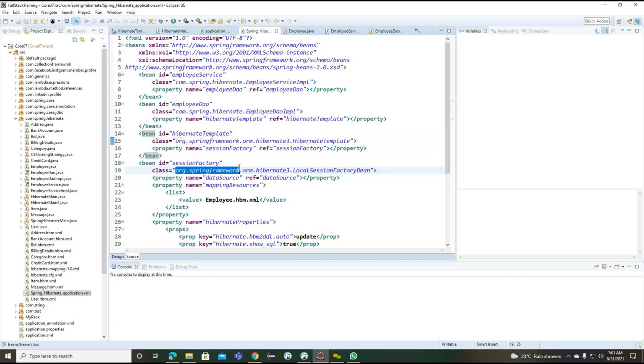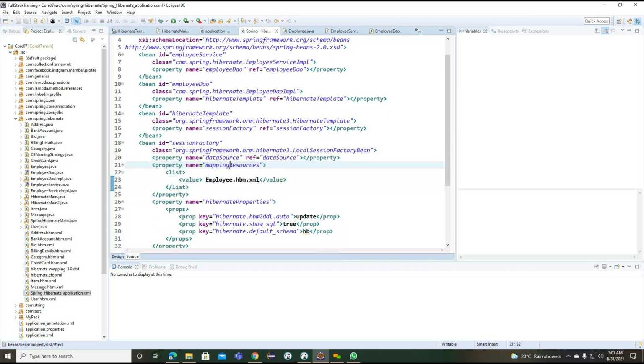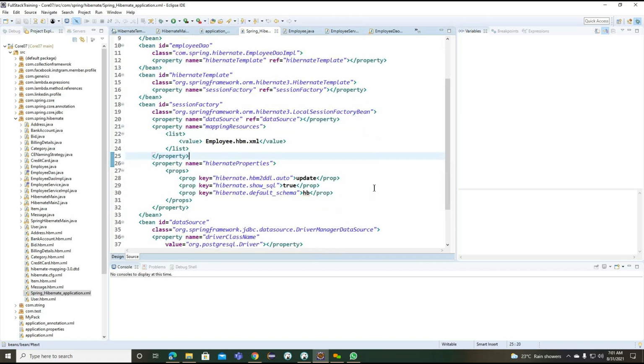If you observe, these two classes are implemented in the Spring framework, but they refer to Hibernate related concepts. What we identified were the mapping resource, data source, and some Hibernate properties. These are the main properties to integrate with Hibernate. Today we'll try to connect the same example with annotations. So what are the main concepts we need to identify to connect with the annotation example?